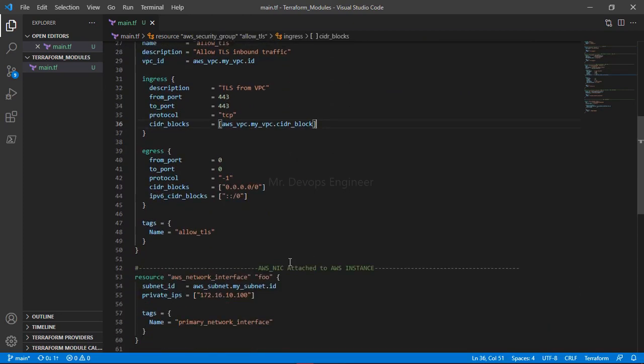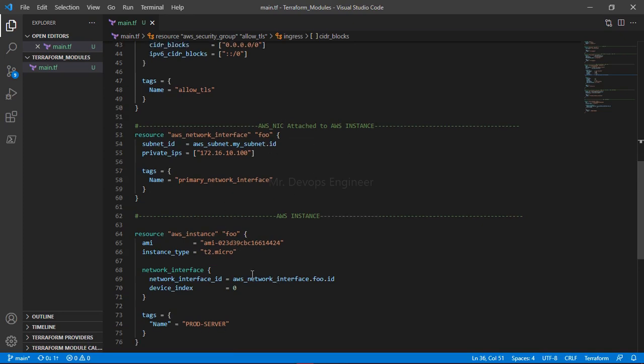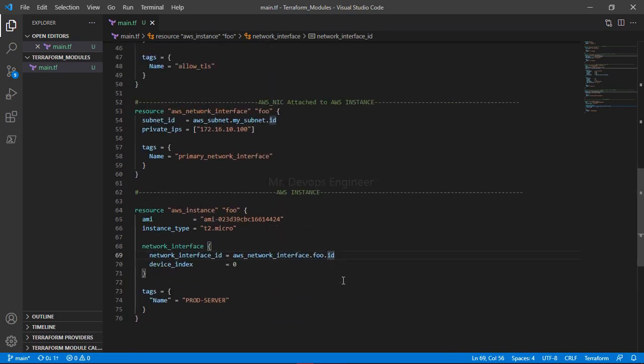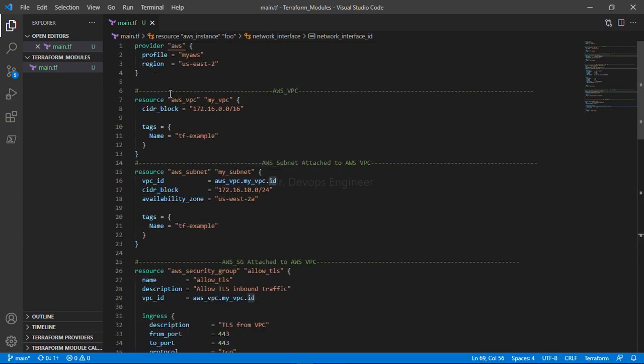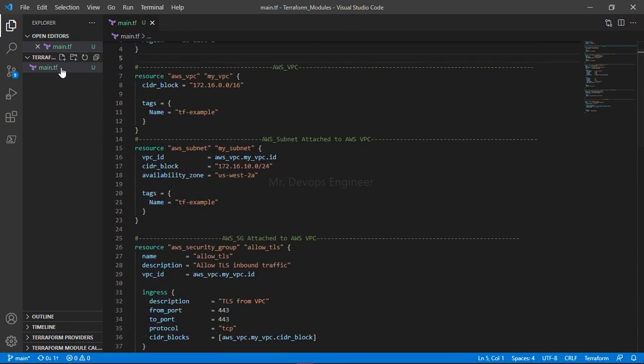Okay, and here I am using a NIC, network interface card, that will be assigned to this AWS instance. So here you can see I am passing this aws_network_interface resource name, the logical name, and .id we have to pass, right? Okay, so this is fine. So step one is this only: you will just gather your code in a single file called main.tf. This is the first step, and let's go to the second step. That is, you have to create a provider.tf.